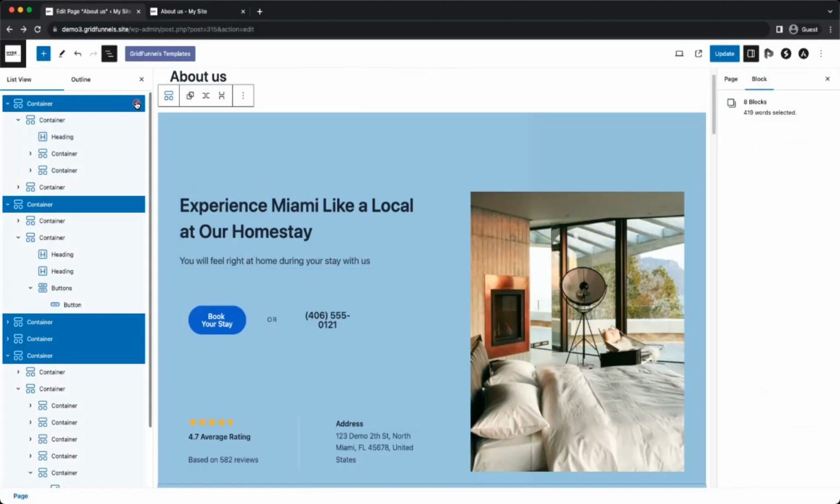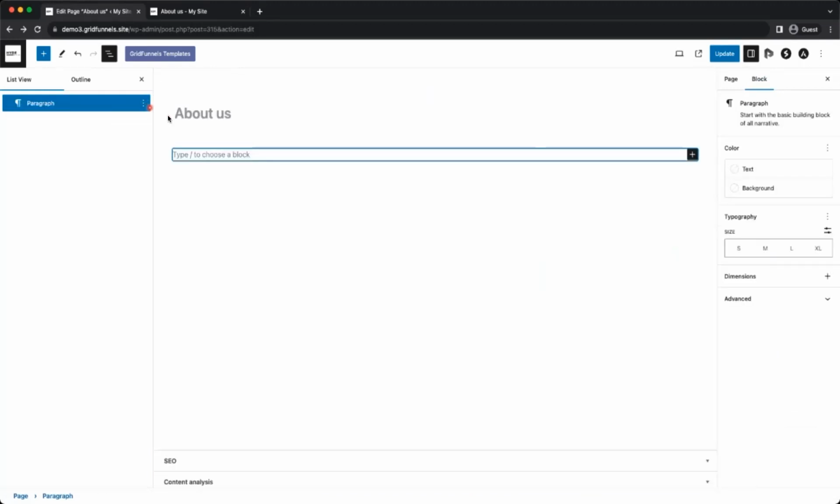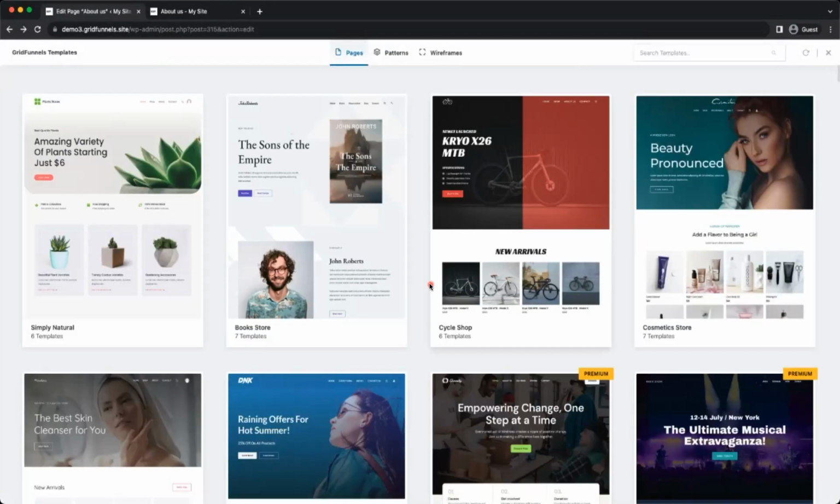Okay, and we click delete on the keyboard. We can do that with Ctrl-A and delete. And we can play around with blocks. So instead of adding a whole page, we're going to click on GridFunnels templates, and we can select the patterns,